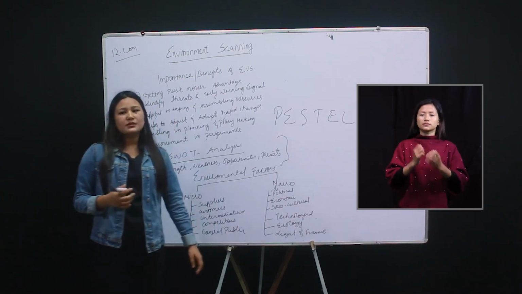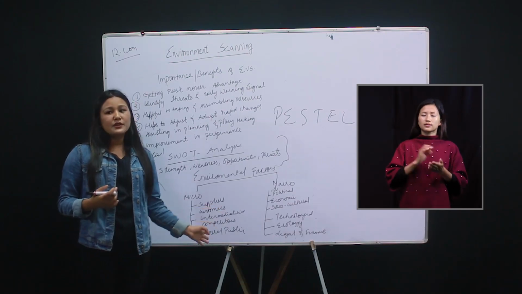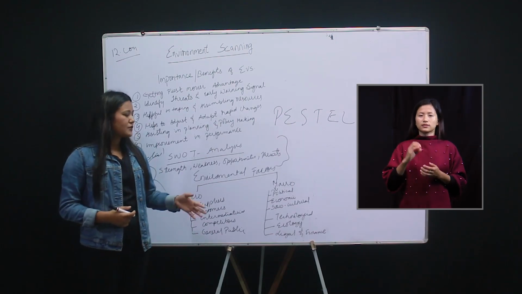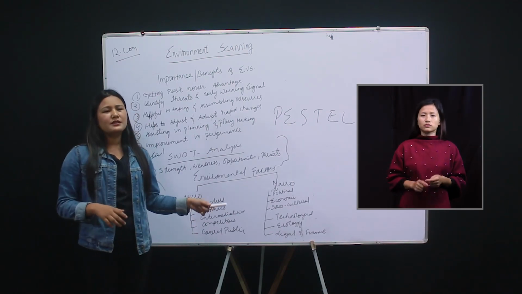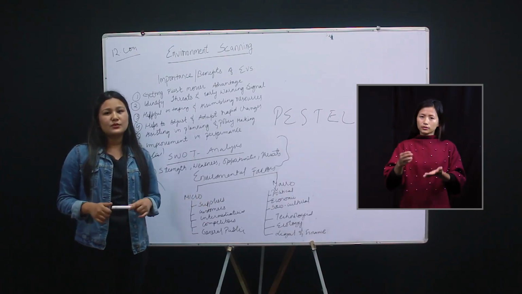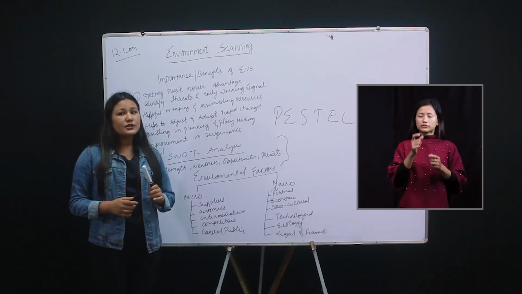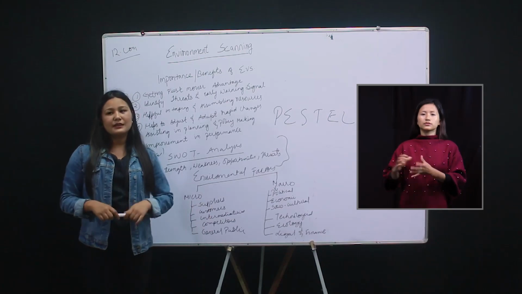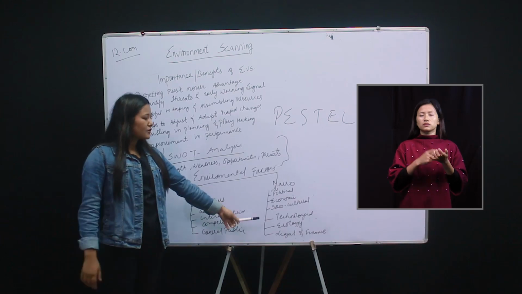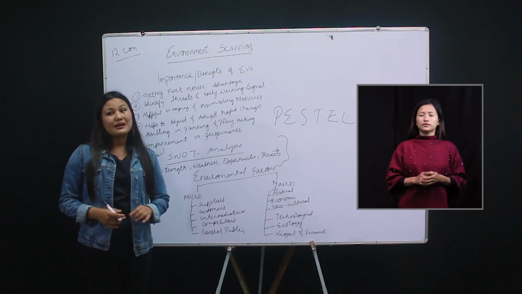The next one is ecology. Ecology, you all know, refers to nature, which means natural calamities, weather, climate change, and those things. Here ecological factors mainly affect farming, agriculture, and tourism industries. Almost all industries are related to ecology, because we get natural resources from the environment. So this is also a very crucial and important factor an entrepreneur must consider.